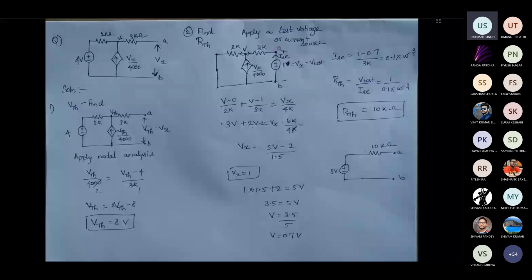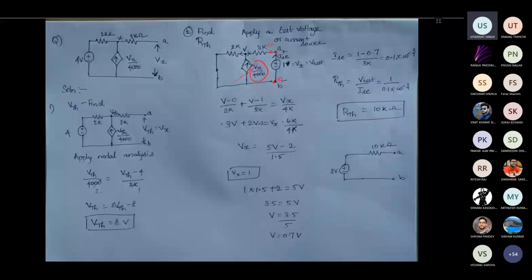If you want to find the RTH across the terminals A and B, you can see here that the dependent source has a current of Vx divided by 4000. This Vx value depends on the voltage across this terminal. But we do not know any voltage across this because there is no current flow in the circuit. If you do not know the current flow through this circuit, it is not possible to find the voltage across this terminal, right? At least you should have some voltage magnitude or current to find the voltage. So we cannot find the Vx directly, and if we cannot find the Vx directly, we cannot find the RThevenin for this circuit.